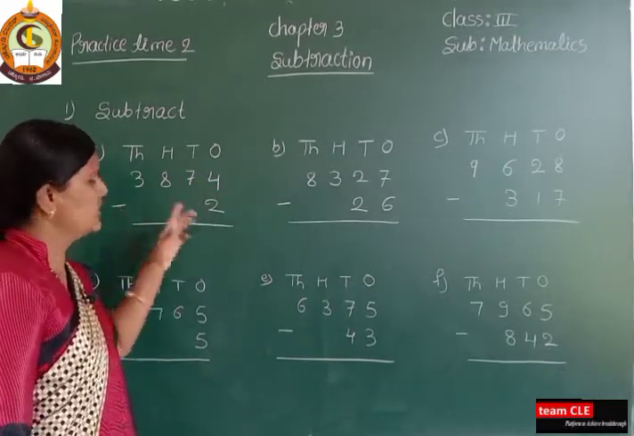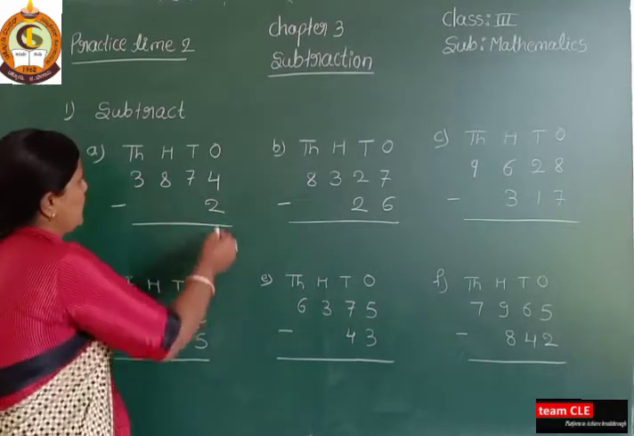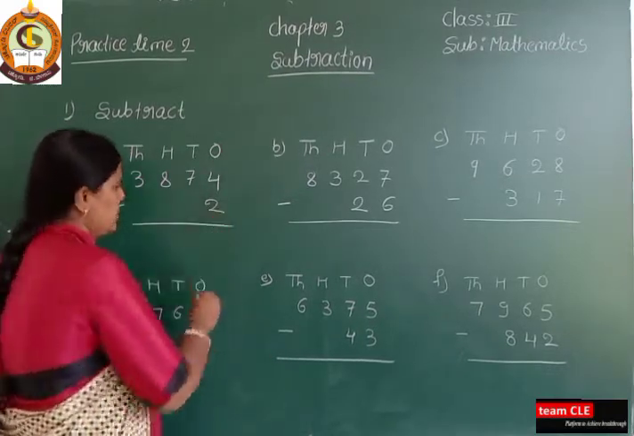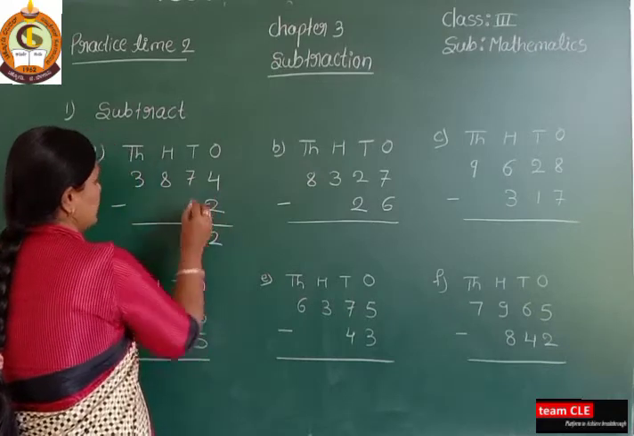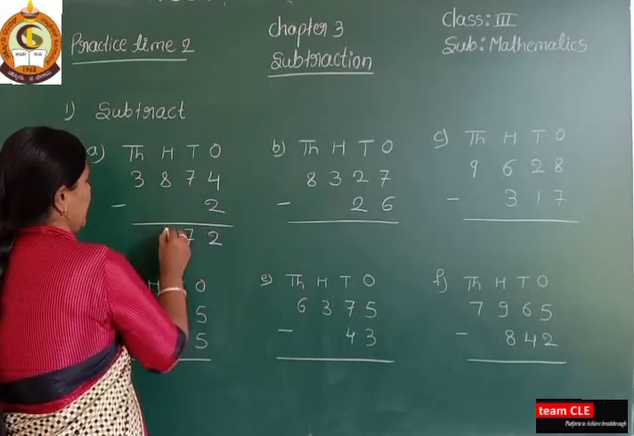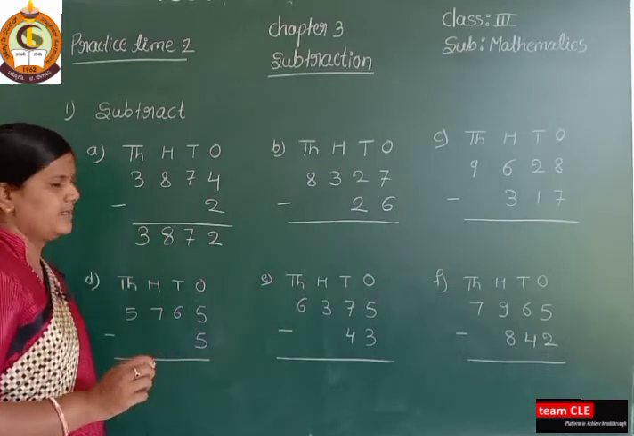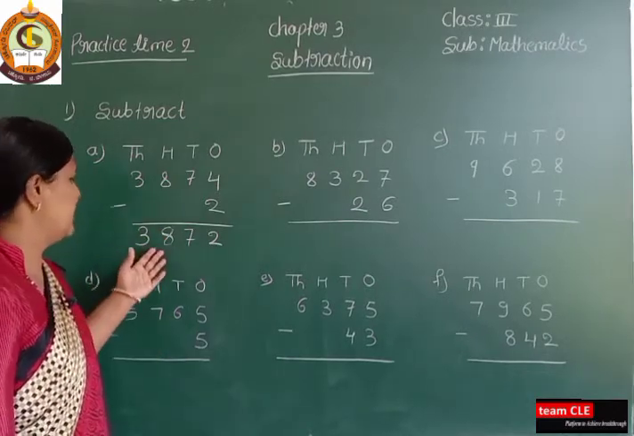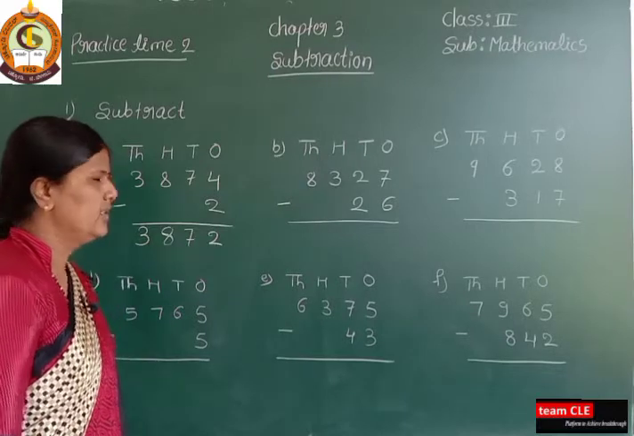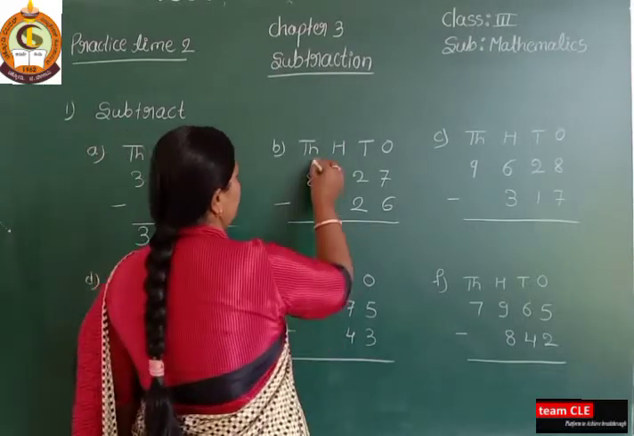Thousands, hundreds, tens, ones. 3874 minus 2. 4 minus 2 is how much? 2. Write 7 as it is and write 8. Next, 3, you have to write here as it is. So the answer is 3872. Next, B1,